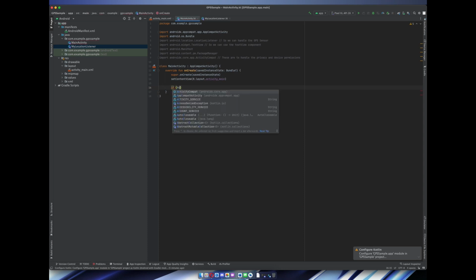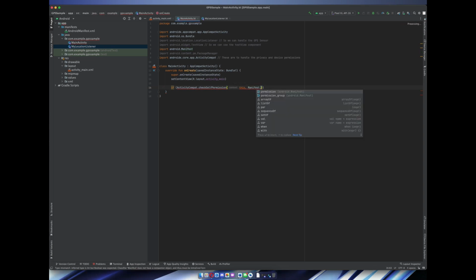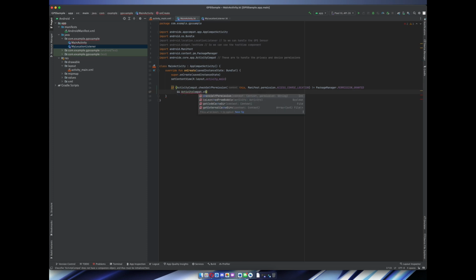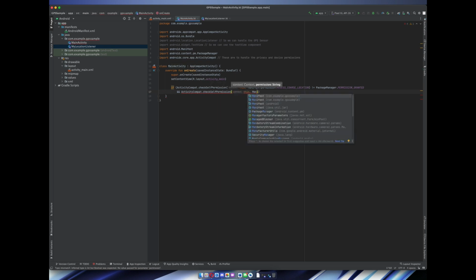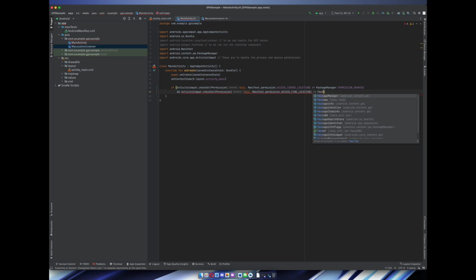we're going to go ahead and use ActivityCompat and then checkSelfPermission, and we're going to pass in the application and then check our manifest.permission.ACCESS_COARSE_LOCATION. So we're going to check the permission, and we're going to say not equal to PERMISSION_GRANTED. So if it's not granted, we're also going to check ACCESS_FINE_LOCATION, because we may as well check both because we need both. It's not equal to,